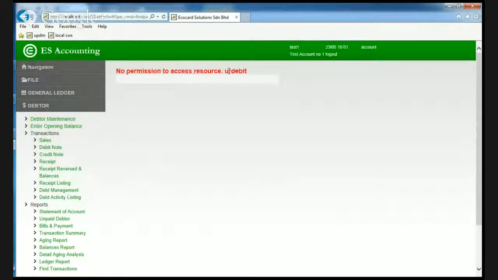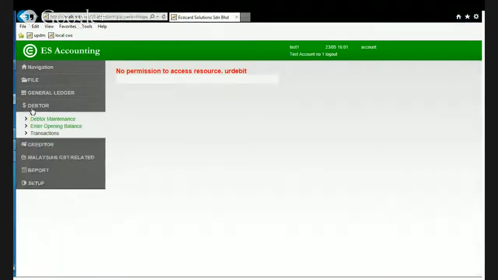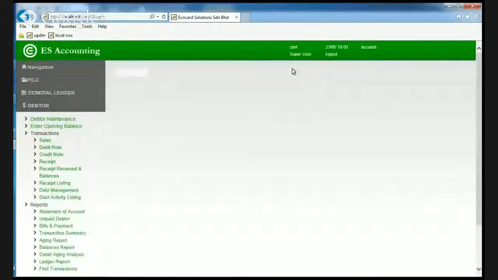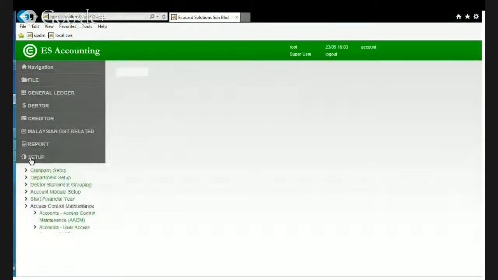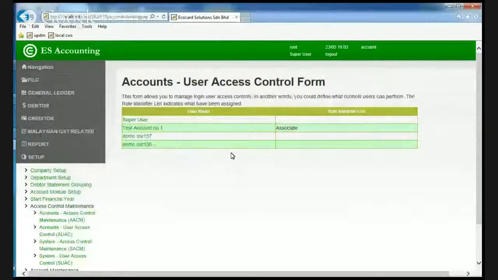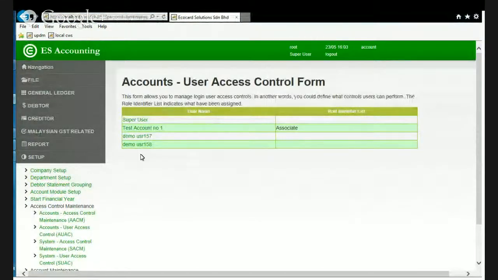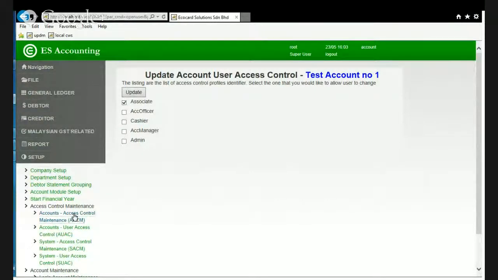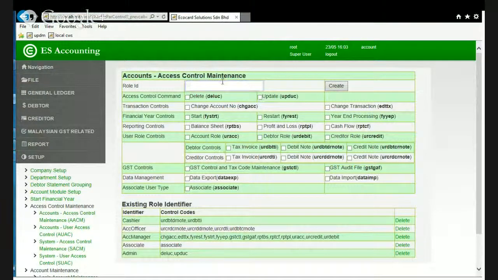Now if I come to here, similarly, I don't have a UR debit code. So to assign a debit code to this particular associate, what needs to be done? First, I have to log out and go into the root ID. Now I'm under root super user. Go back to access control, and I want to assign. This is not what I want to assign to associate. I want to assign a special role for this associate. So I will customize my own roles. Associate